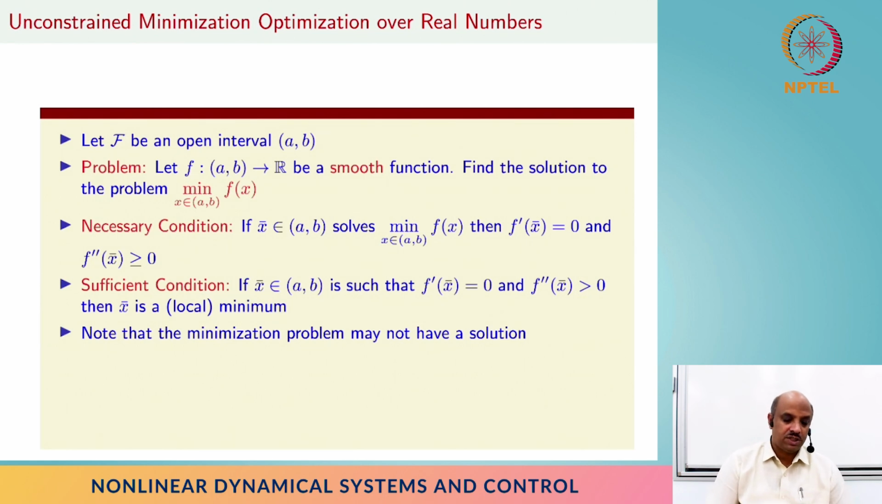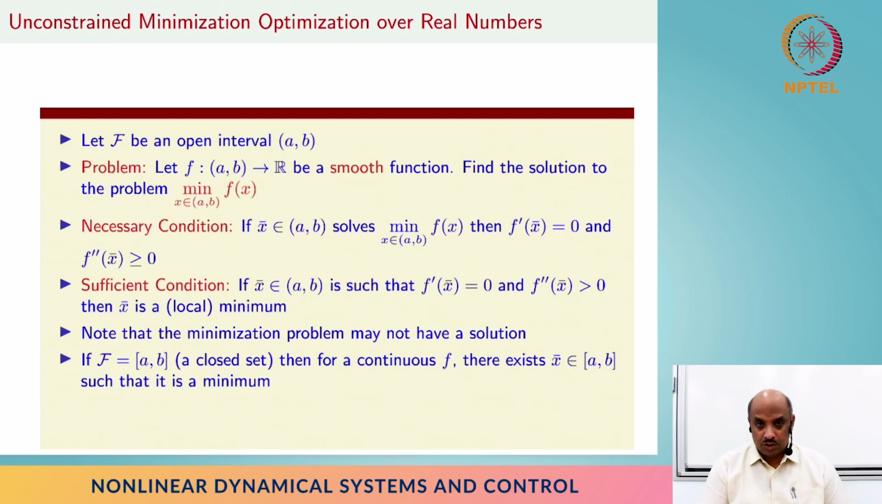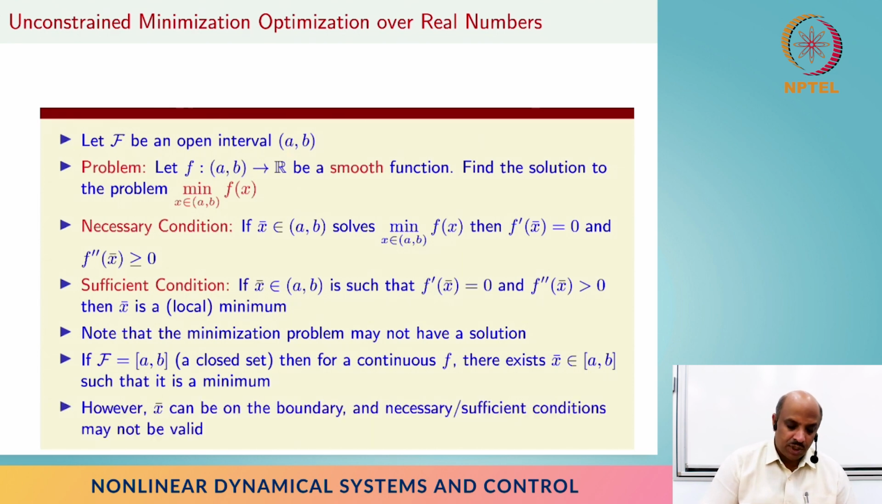But it's very much possible that if you have a minimization problem, you may not have a solution, and we will see some of these examples. On the other hand, if it is a closed set instead, if you take the closed interval [a, b], and we assume smoothness anyway, then analysis guarantees that we have such a minimum. But unfortunately, it could be on the boundary, and when you're on the boundary, it's not easy to see without seeing the proof, these necessary and sufficient conditions may not be valid, right? So let's actually